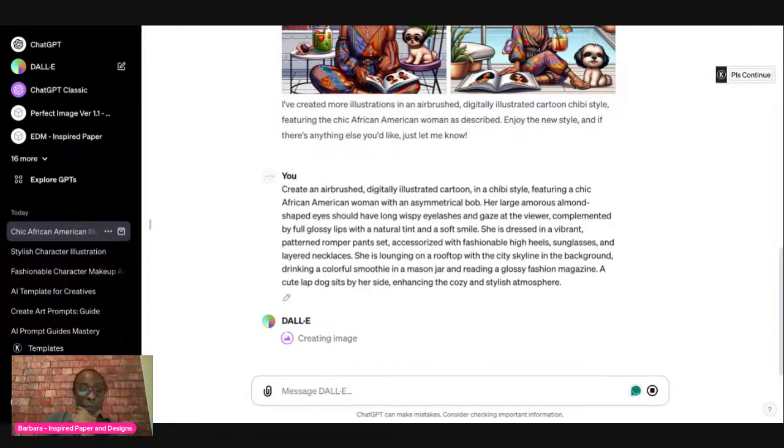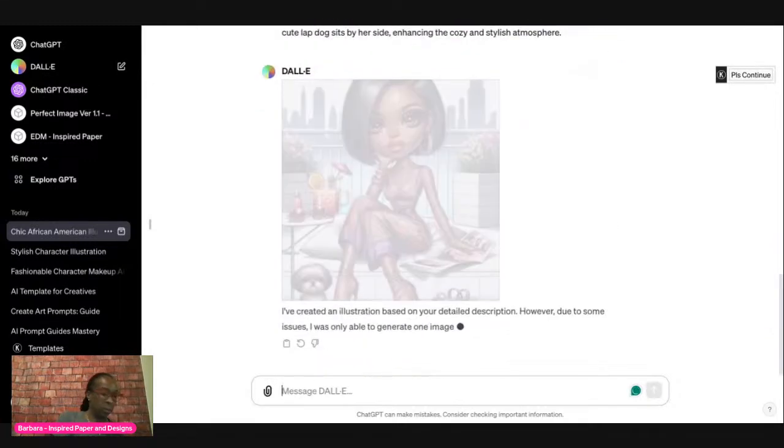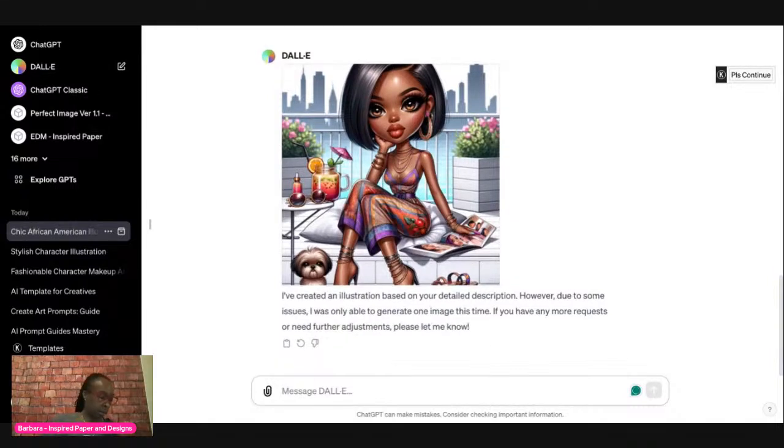And I'm waiting for the image to come up now. While I'm doing that, I'm just checking to see if there are any comments. I want to make sure I'm not missing anything. Okay, let's see. The image is still coming up. And I think I might do both. I might do one and two. All right. So there's the image.